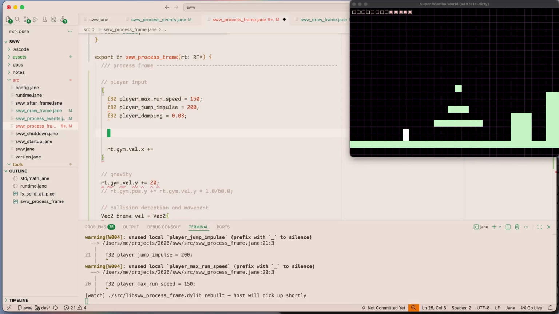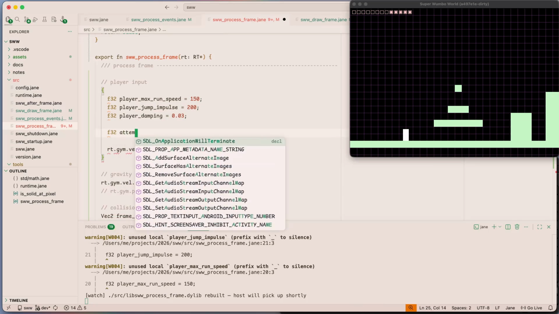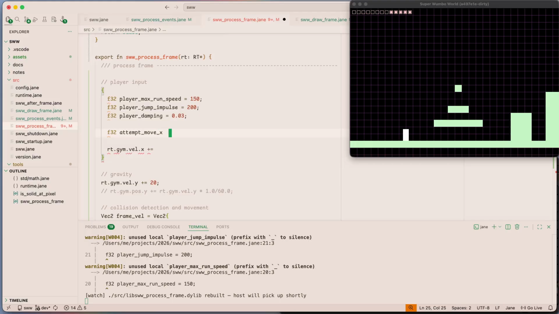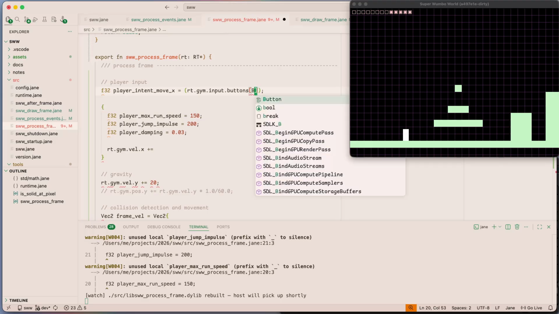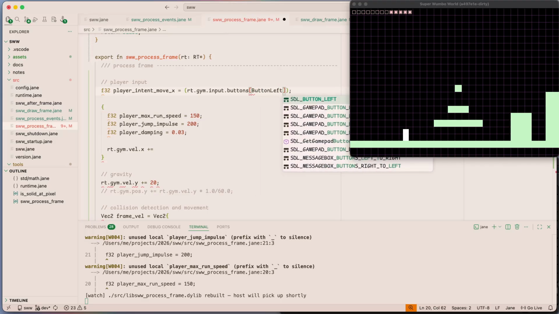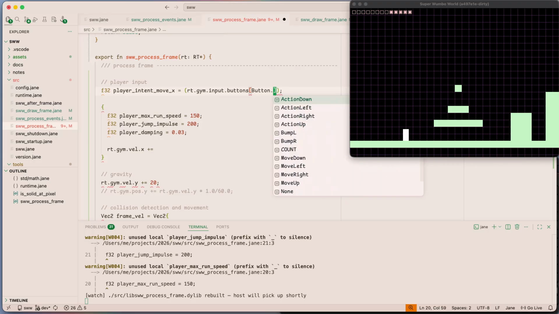Okay, so we're going to have attempt move x, or well, here's what we'll do. We'll have player intent move x, which is going to be the input, and it's going to be buttons if the left button is down, right? Button move left,